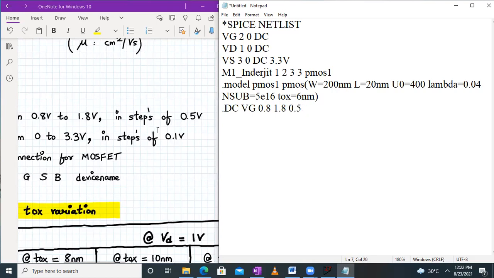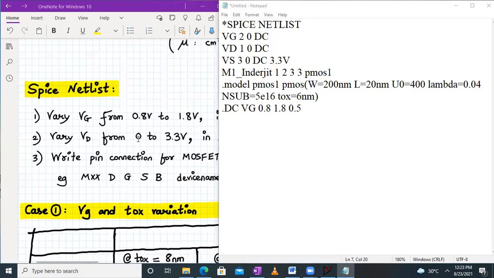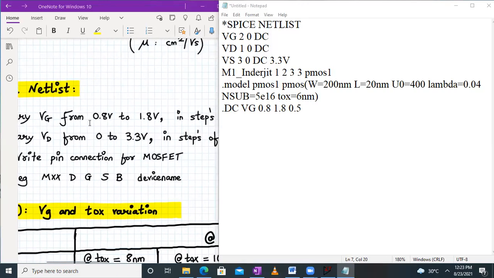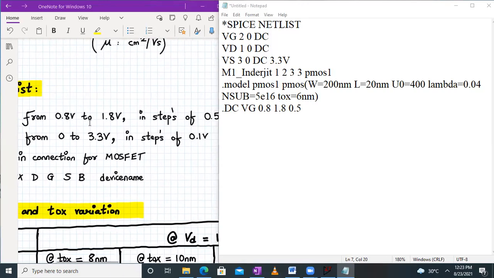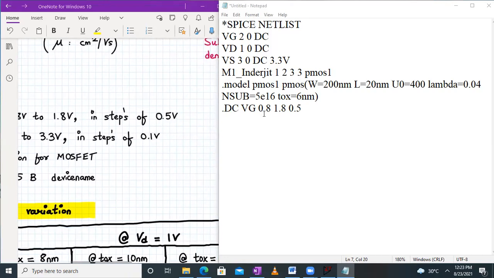Okay, so that's how we write this statement, that is vary VG from 0.8 volts to 1.8 volts in the steps of 0.5 volts. Even if you don't write the unit over here, it's fine, or else we can add the unit also, 1.8 volts, 0.5 volts and all that.